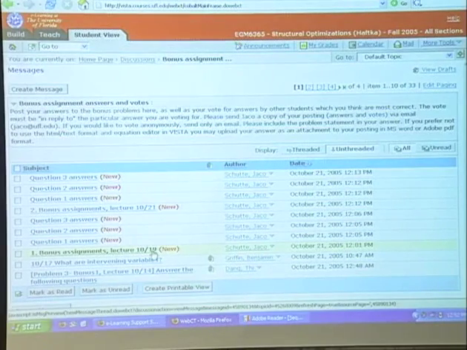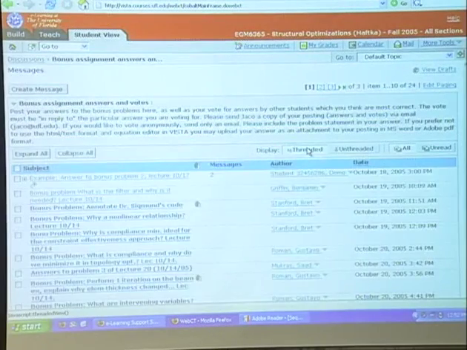One other thing, somebody in class suggested that I reorganize the way the bonus problems were posted. So from now on, we'll just do it in this way. If you look at the discussion thread for the bonus problems, you can sort it by date, so that the last few threads show up first. And you'll see that for each bonus assignment, there'll be a lecture number, and if you look at it threaded,